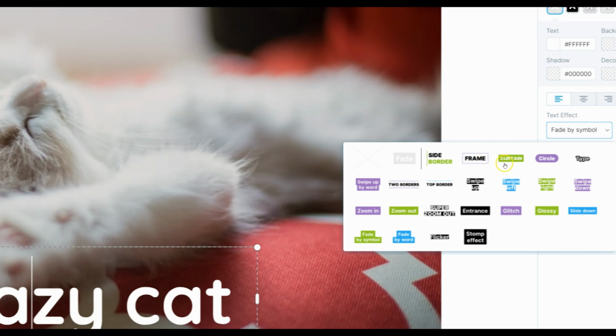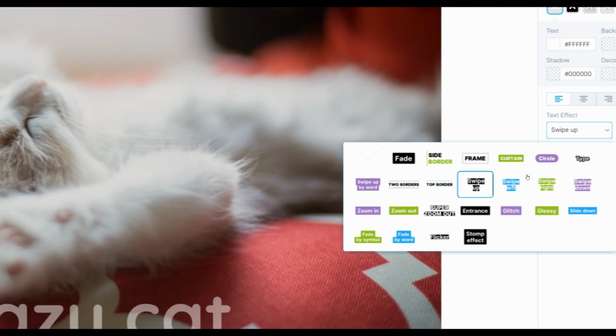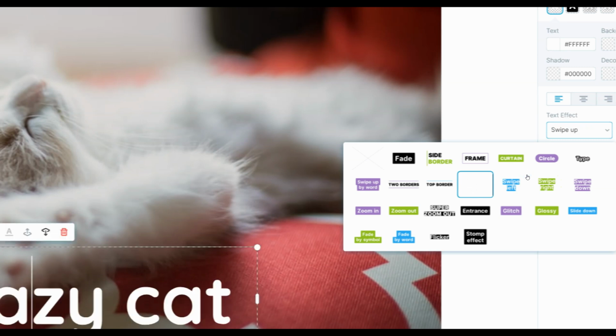I've got fade. You see it shows you the effect as you slide over, puts a frame around it, curtain, yeah, circle, shows you the effect, what happens. What I'd like this one to do is actually swipe up from the bottom. So I want it to swipe up. Okay, and if I just come back out of there again,